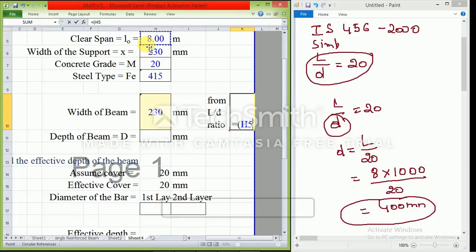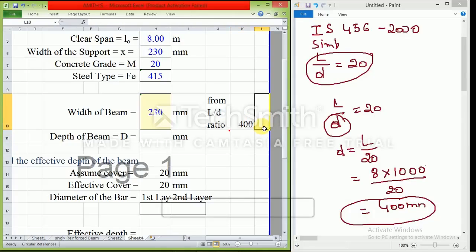Into 1000, because this is in meters and I need to convert it into mm. I'll close the bracket, divided by 20. If I press enter, I am getting 400. If you want, you can pull like this and write it as mm, not an issue.